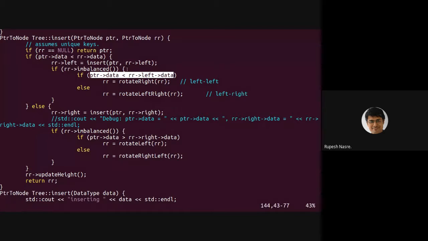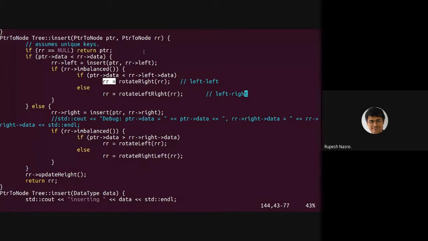So if it is left, then it is a single rotation. So I do a rotate right at the root. We have always been saying that we do rotate right at the root, and that is the subtree root, and that can change the root, and therefore I need to have a return value of RR. So the RR actually gets updated.